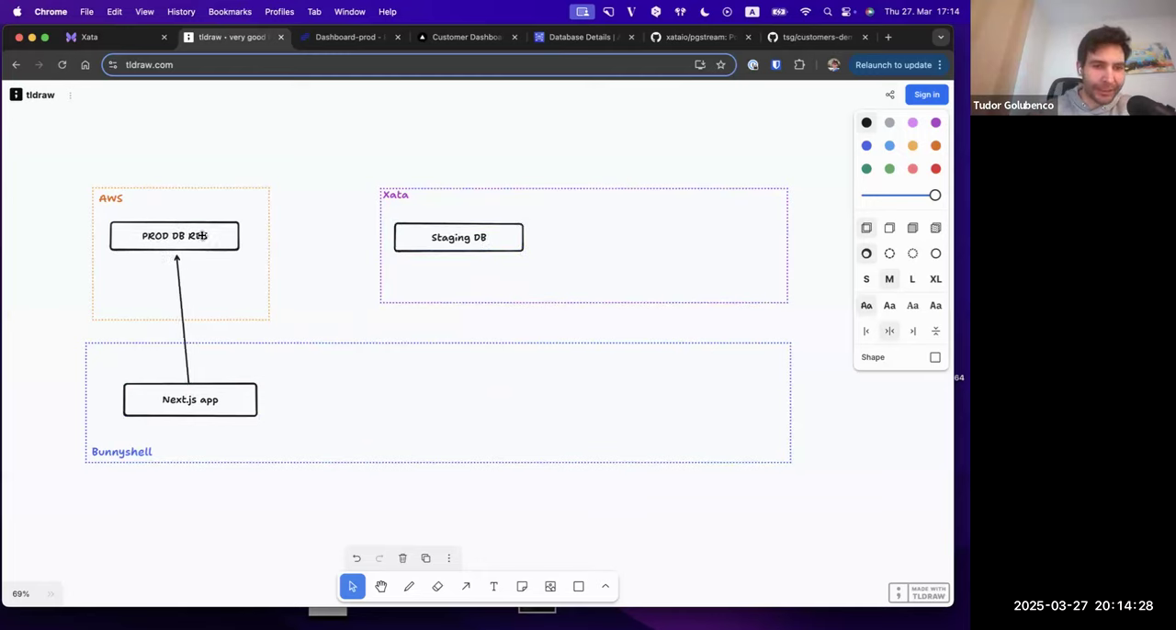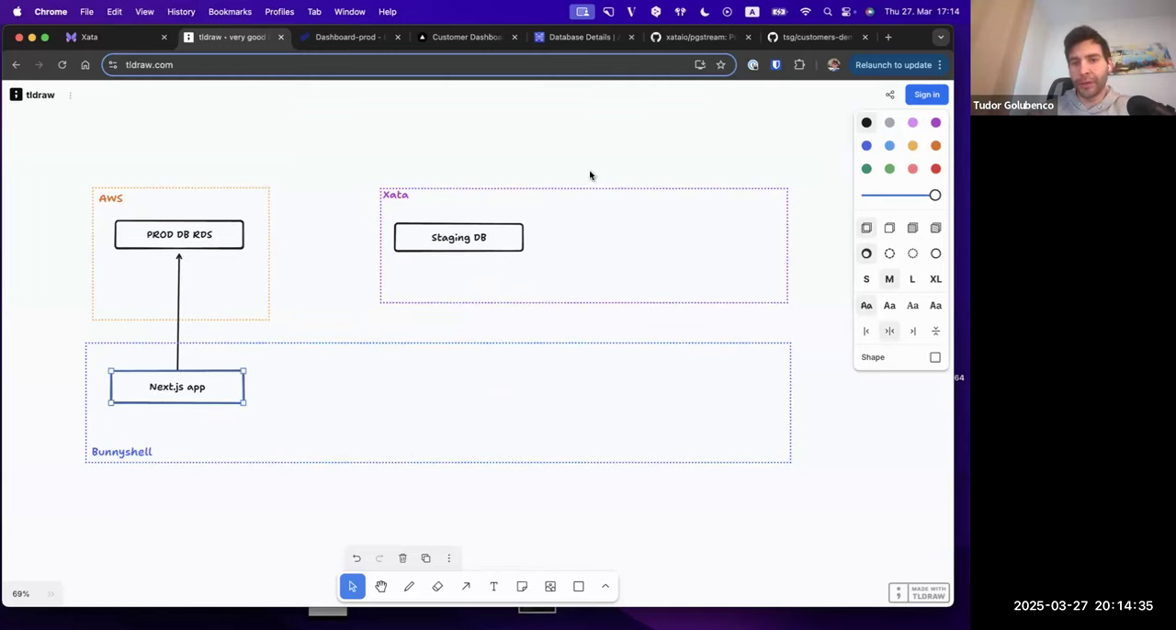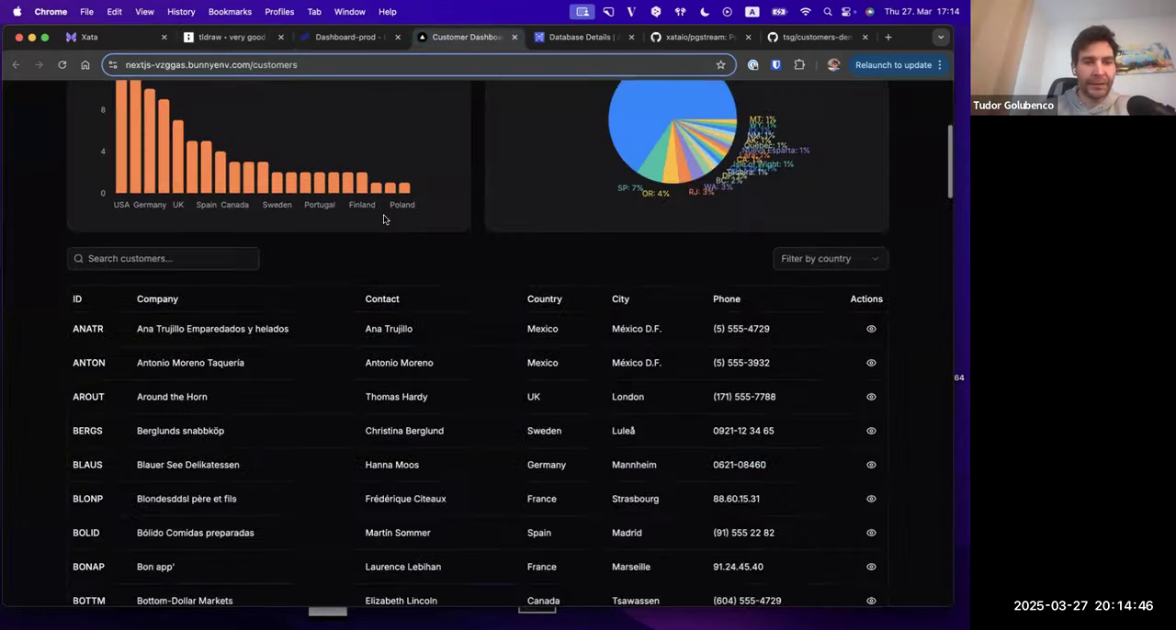But this is what we're doing in the demo. So it's AWS production here, and then we're going to create ephemeral environments using Bunnyshell and Zeta together. The Next.js app is a simple app that I created. It does this